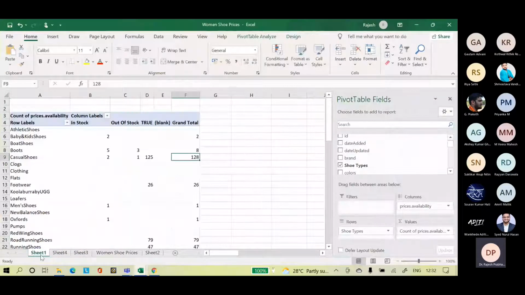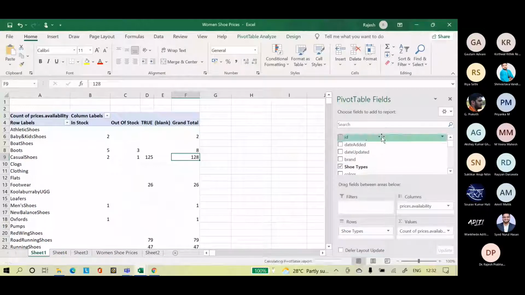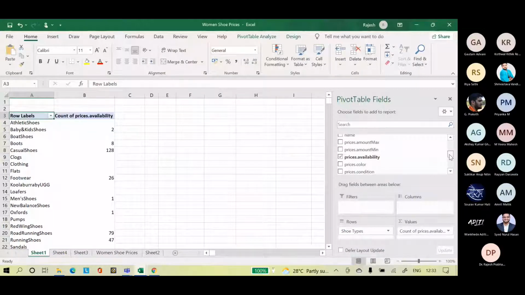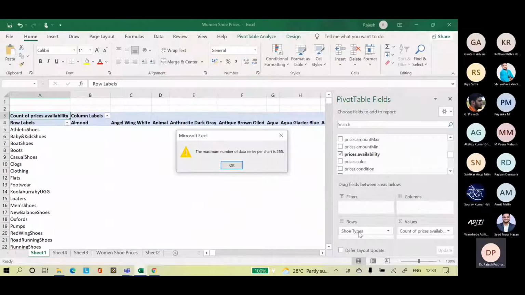I think we can do prices color also. No. Color is becoming problematic. Got stuck.